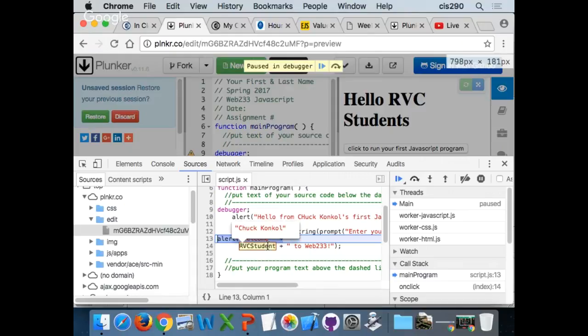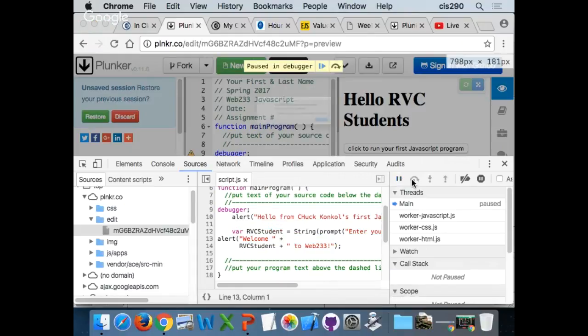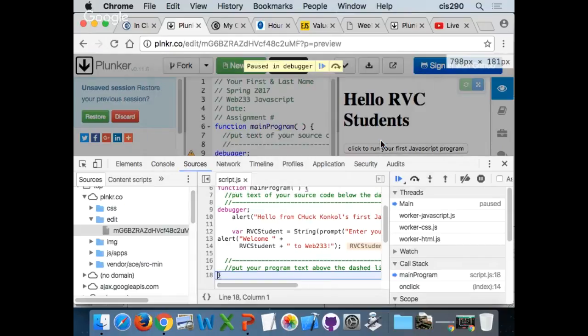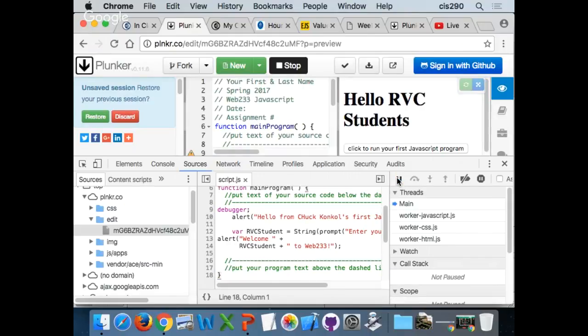And that's what I love about the debugger. You can see what it's doing while it's doing it, even before it does it, while it's doing it and after it does it, both, which is nice. You get to a lot of code. The last one is an alert statement welcoming that variable to Web233. And then once we're finished, we can hit this button right here, which is resume script execution. And we're right back to where we were before. And then we click console,